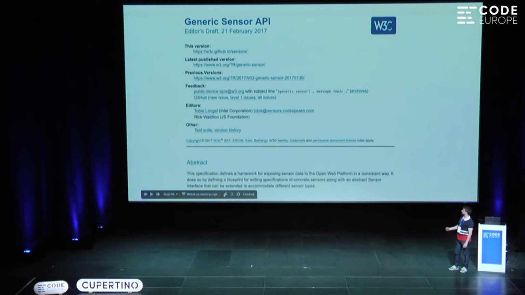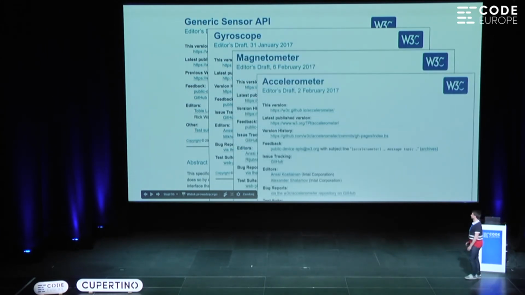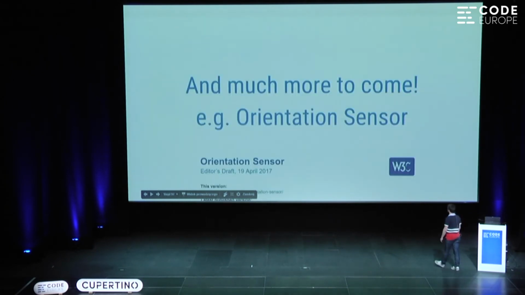So we've been working on this called the Generic Sensor API. It's a big document detailing how to create generic sensors. And on top of that, we've made smaller specs for specific sensors like gyroscope, magnetometer, accelerometer, ambient light sensor,